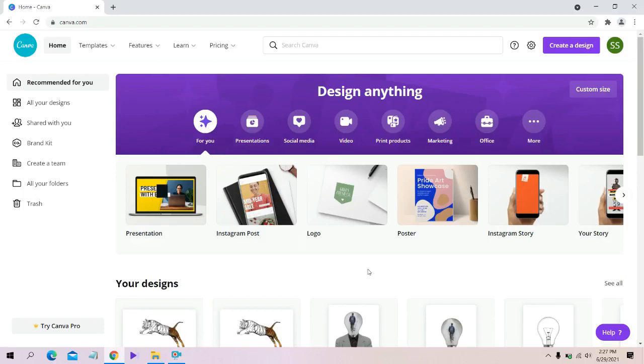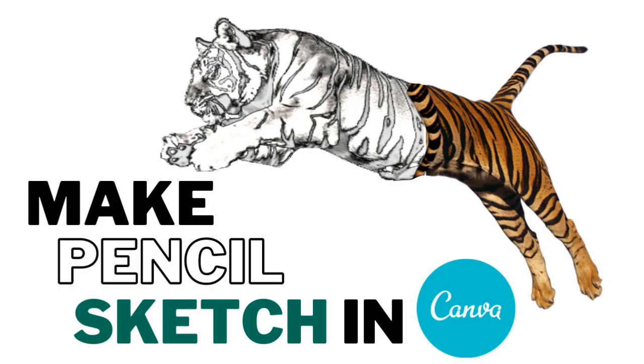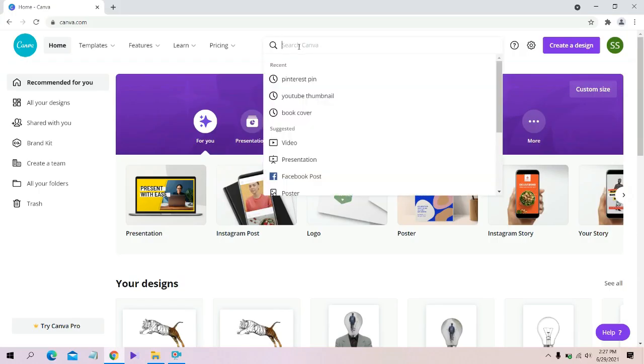Hello everyone, in today's tutorial I will be sharing with you how to make a sketch effect in Canva. So let's start with it. We will write here YouTube thumbnail